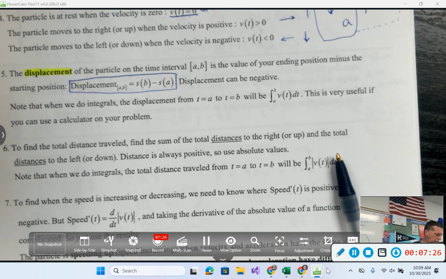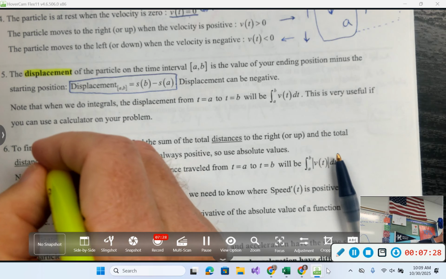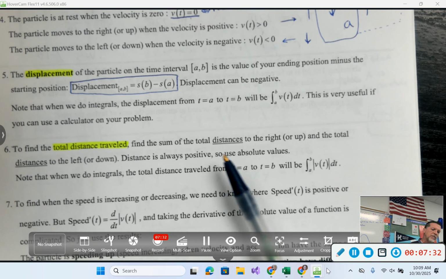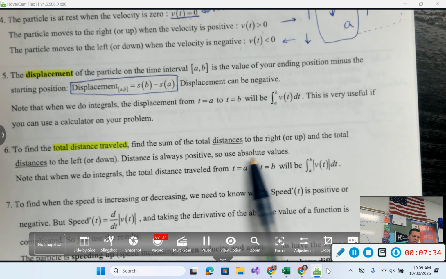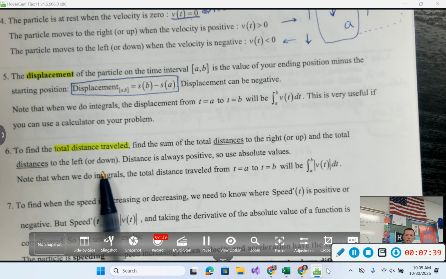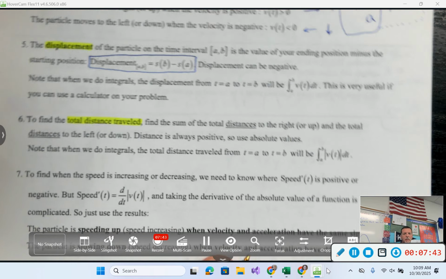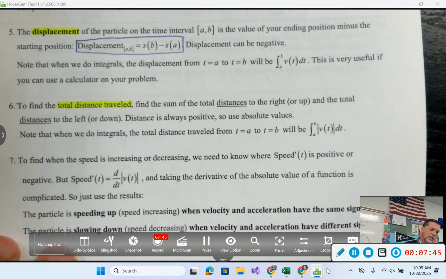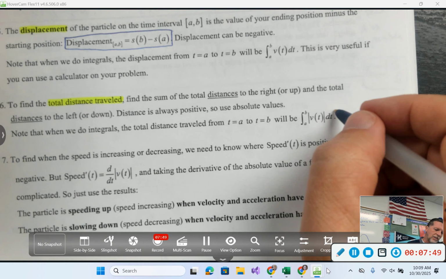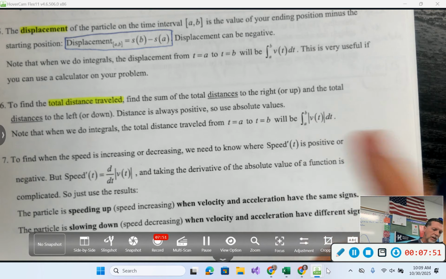Right, the total distance traveled, number 6. You find the sum of the total distances to the right and the total distances to the left, and you figure out how far you traveled. Distance is always positive, so we'll use absolute values. When we get to integrals, again, you don't have to worry about this yet, but this integral